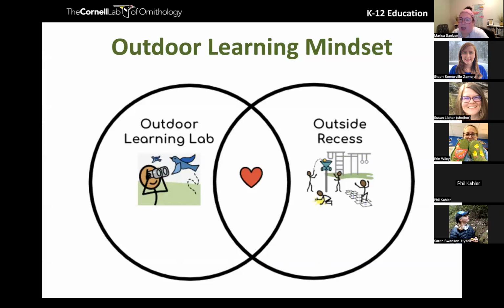And so we talk about an outdoor learning lab brain versus a recess brain. And the reason why we do that is so that we can really think about what it looks like, sounds like, feels like to be in these spaces. And we have a conversation about, like, why are we having this conversation? And a big piece of it is around safety, that we talk about, okay, what is the purpose for when we're outside at recess? What's the purpose we're in the lab? And when you're at recess, you're moving your body, you're getting out your energy, you're playing, and all those things are great. In the lab, we're more focused and we have a purpose of why we're out there.